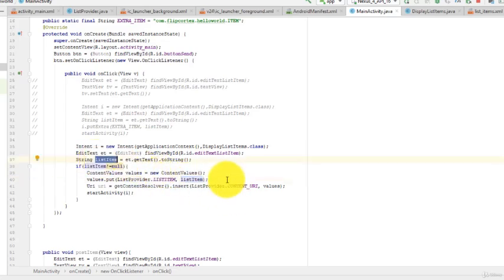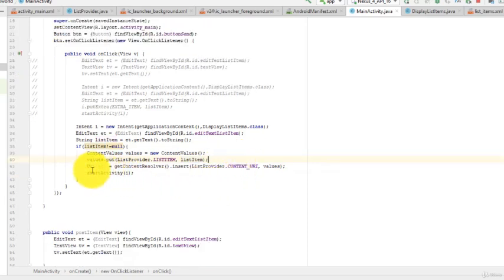Now define a URI of type Uri and call getContentResolver().insert and tell it what URI we're passing to and pass the values. Okay, and just like that, we added to the content provider. And same as before, we want to start the activity.